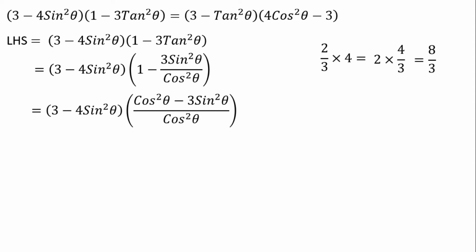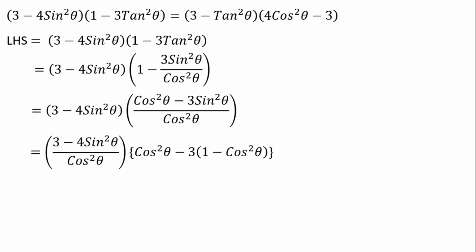So in multiplication, it does not matter where the denominator is, whether it is under the 2 or under the 4. In both cases the answer will be the same. That means we can change the denominator from one numerator to another numerator, and that does not make any difference to the answer. In our question also, we have two numerators and the denominator is cos square theta. So from here, we can now change the denominator to the right side. We have to follow this trick to solve the answer.